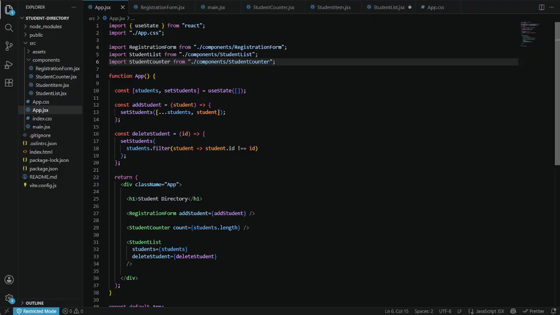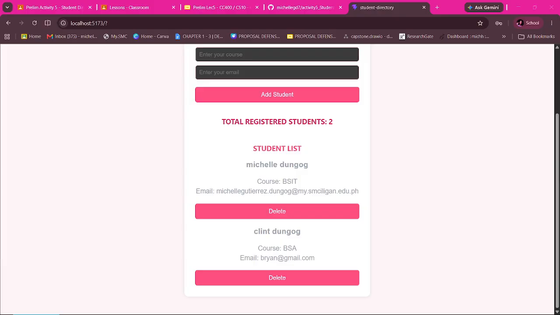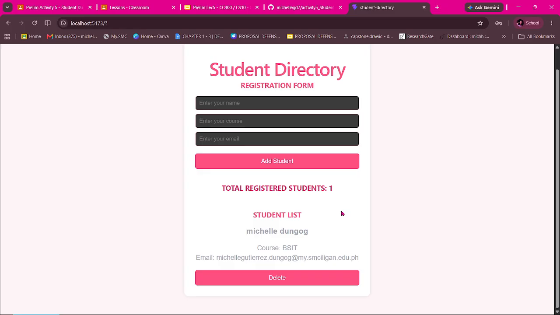So the delete student, we have ID so that if you delete one, like for example this one, if you delete Glenda Dongog, Michelle Dongog will not be affected. If you delete this, then the one you did not delete will just stay. That's one.